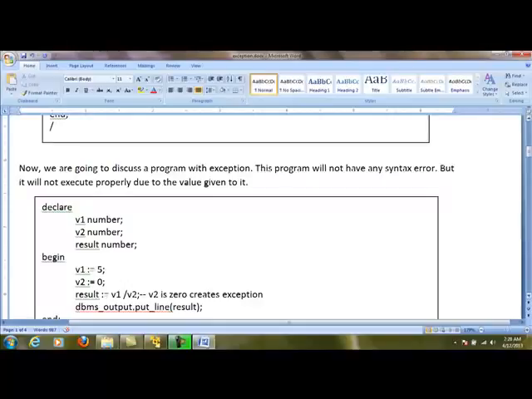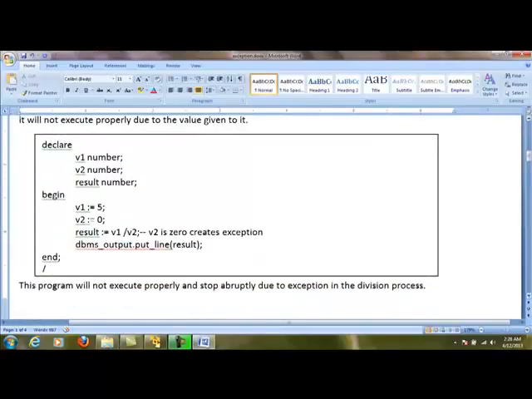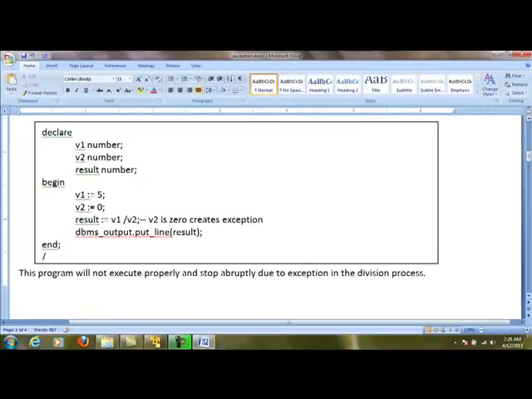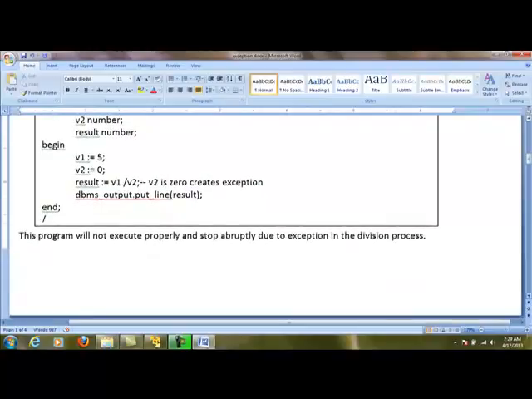In the program displayed here, we have three number variables: v1, v2 and result. v1 is assigned 5, v2 is assigned 0, and result is assigned v1 divided by v2. DBMS_OUTPUT.PUT_LINE prints the result. Syntax-wise, this program will execute properly, but when I try to divide 5 by 0, it will give an arithmetic exception. So the system will stop abruptly. This is called an exception. This exception can be handled in a nice way